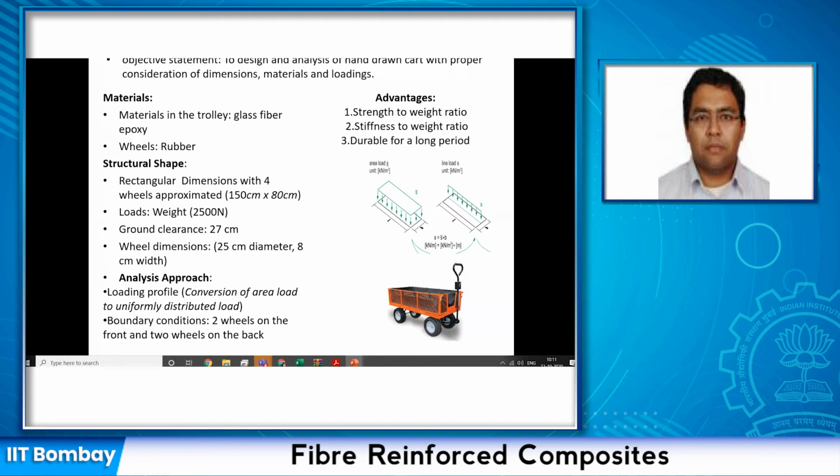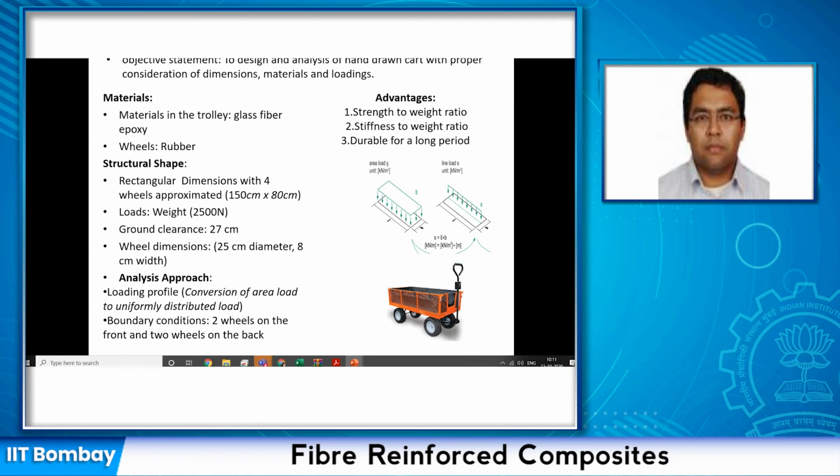While selecting materials for the trolley, in the base I have used glass fiber epoxy. Since there are many types of glass fiber, like E glass fiber, S glass fiber, and C glass fiber, I have chosen C glass fiber in my material selection. It is because it has corrosion resistance and chemical resistance. And since we have to keep the cart outside the home, water erosion may take place. So in order to protect against water erosion, I have used C glass fiber.